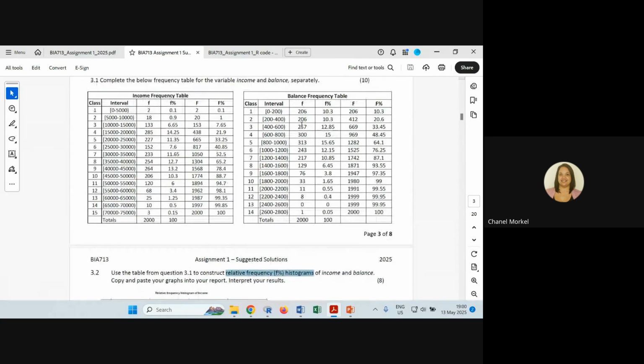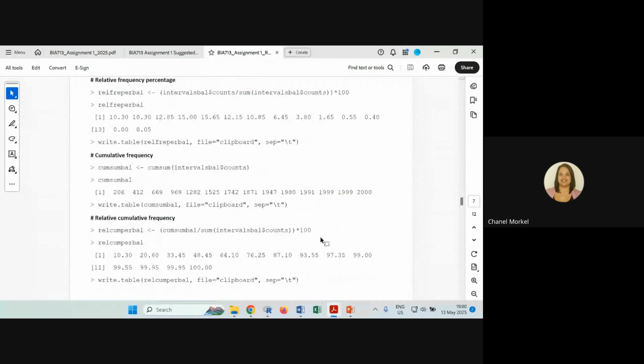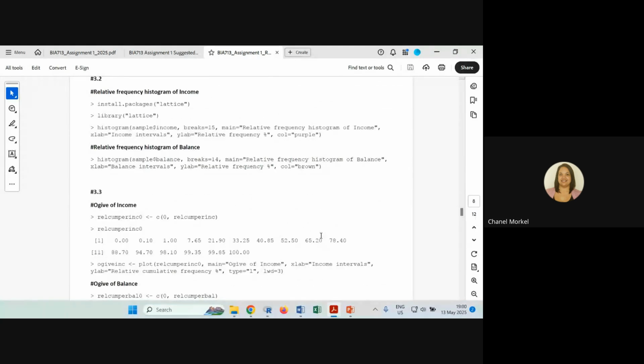Essentially, it's this column here that we want you to get a hold of and have on the vertical axis, for both of them. The code for that is just to use the histogram function, and in order to get that, you need the lattice package